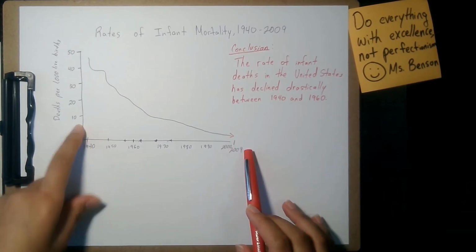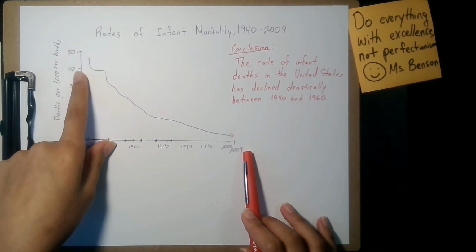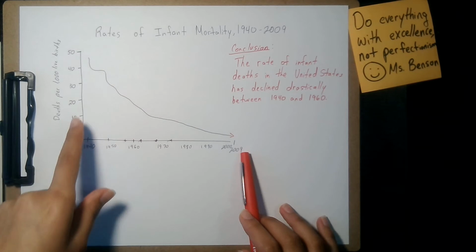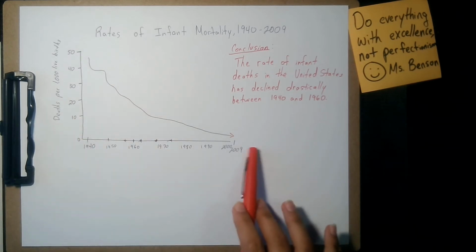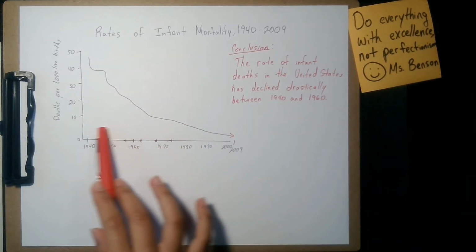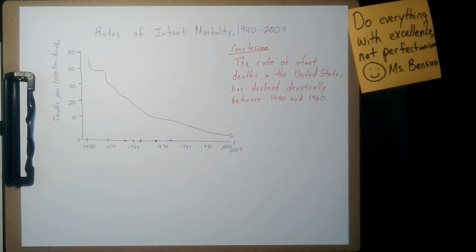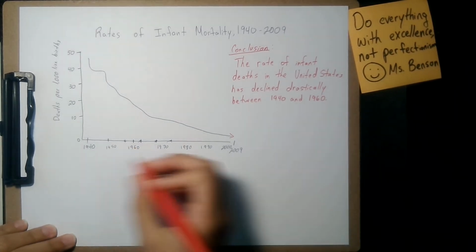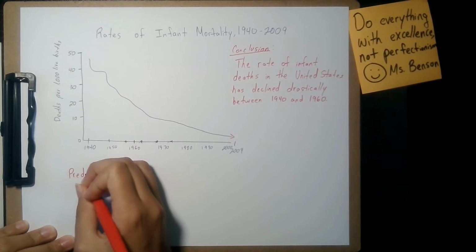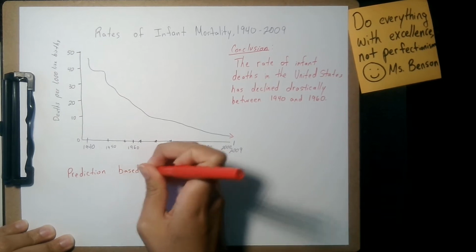If they're going to ask us, do you think there's going to be 50 deaths per 1,000? There's going to be 40 deaths per 1,000 live births, 30, or less than 10. We're going to go with less than 10 because we're expecting it to stay down here again, if we see how it correlates over here on this part of the chart. So a prediction based on the current trend,